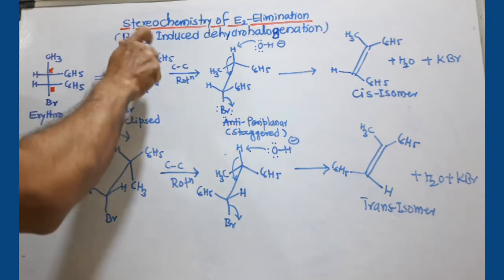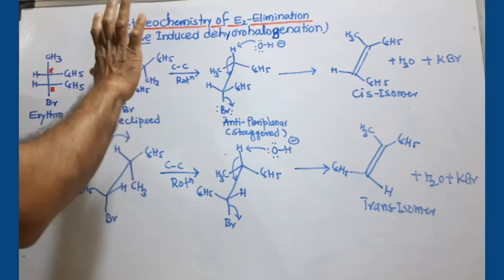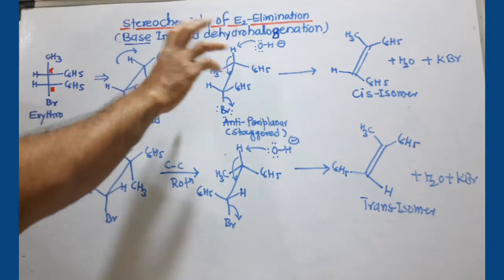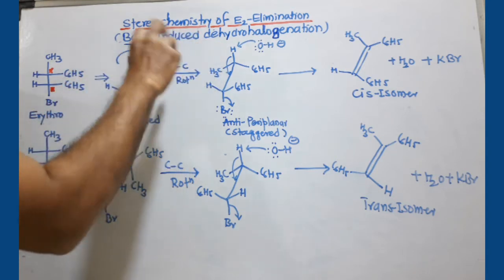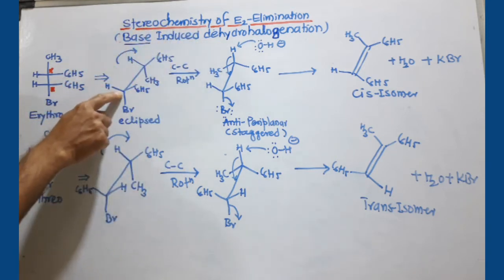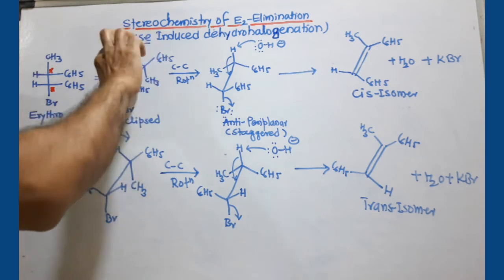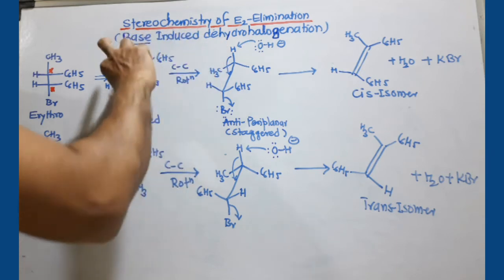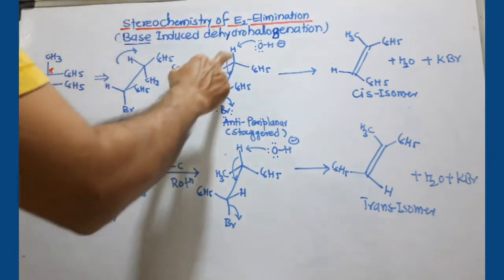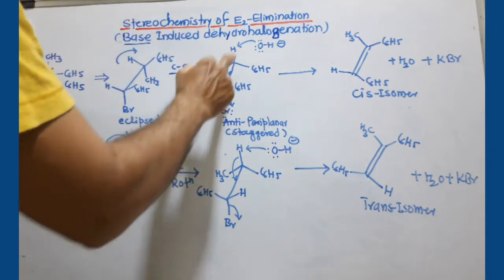So we have to rotate this carbon. That rotation is continuously going on. We have to consider here that kind of rotation. So the H will come here. If I fix this carbon here and rotate this carbon through a certain angle, the H will come here, in this direction. So now you can see H and Br are far away.